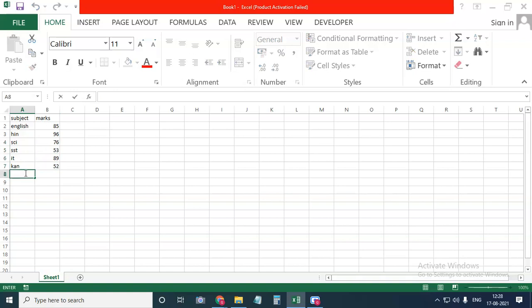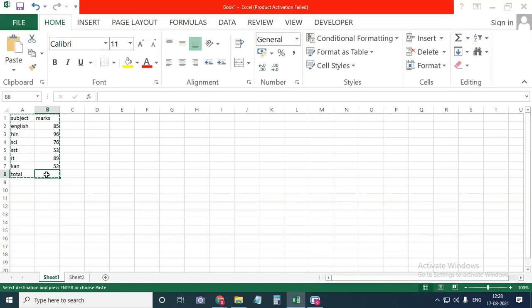Now you want to find out the total marks here. Take the same thing in one more sheet: copy this and paste it in another sheet.